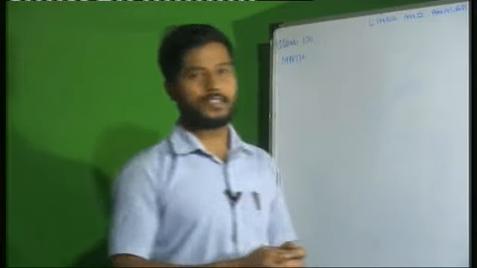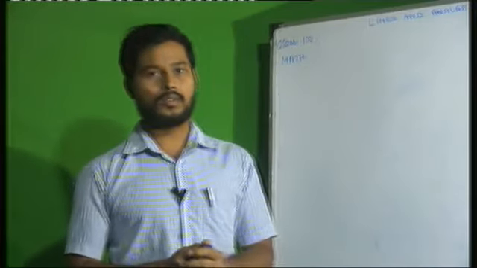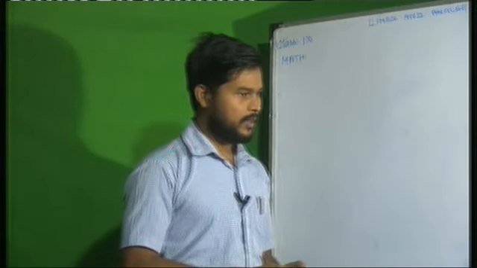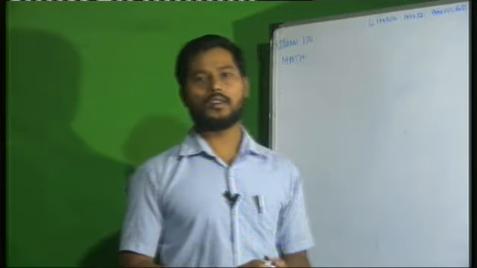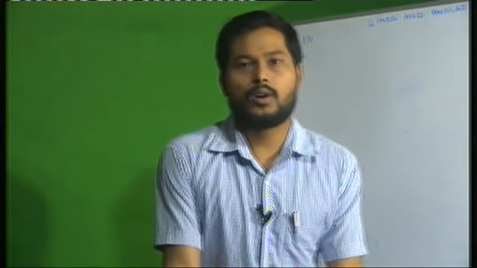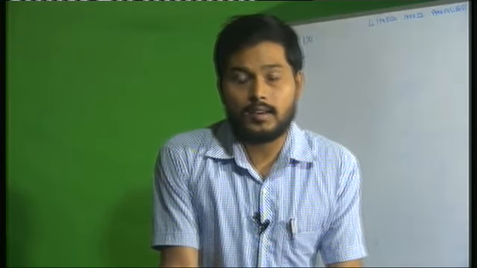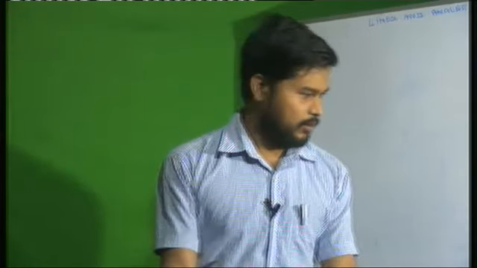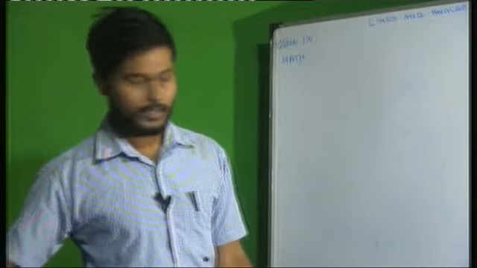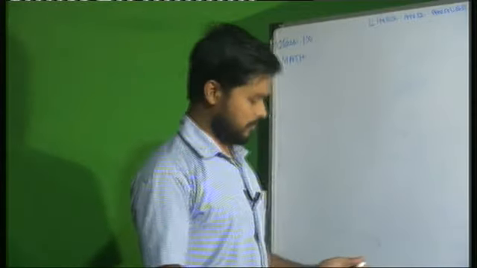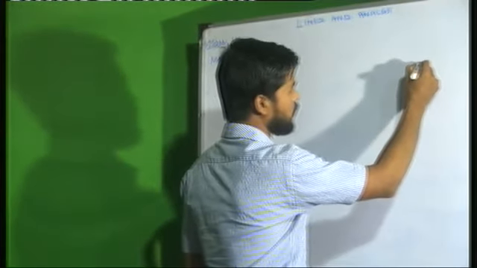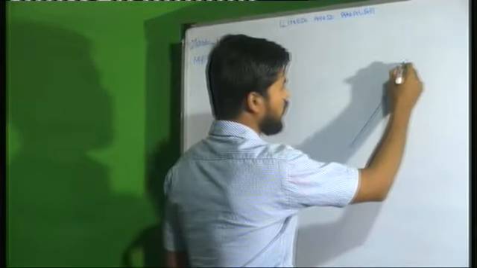The theorems are very easy and all of you know about them. The first theorem is that the sum of all interior angles of a triangle is equal to 180 degrees. I think you know this property of a triangle very well since class 7, but I am just discussing the theorem. So let us consider a triangle